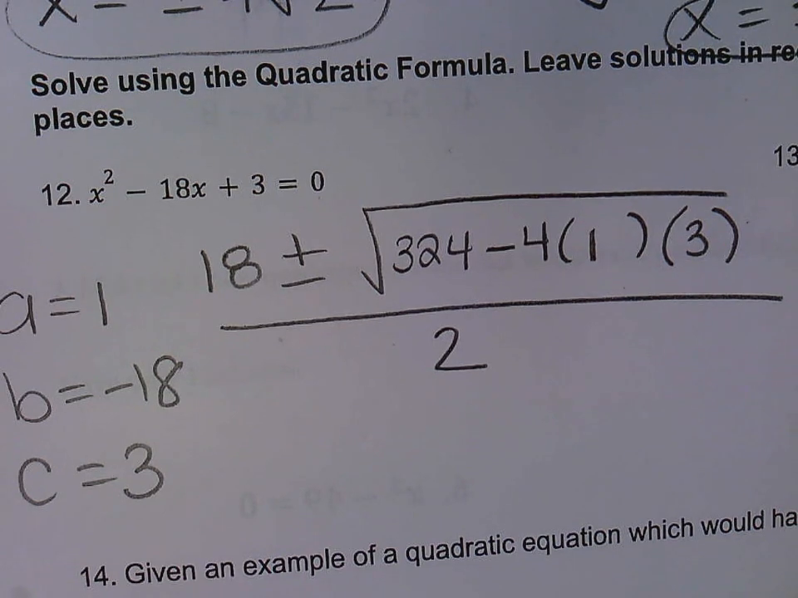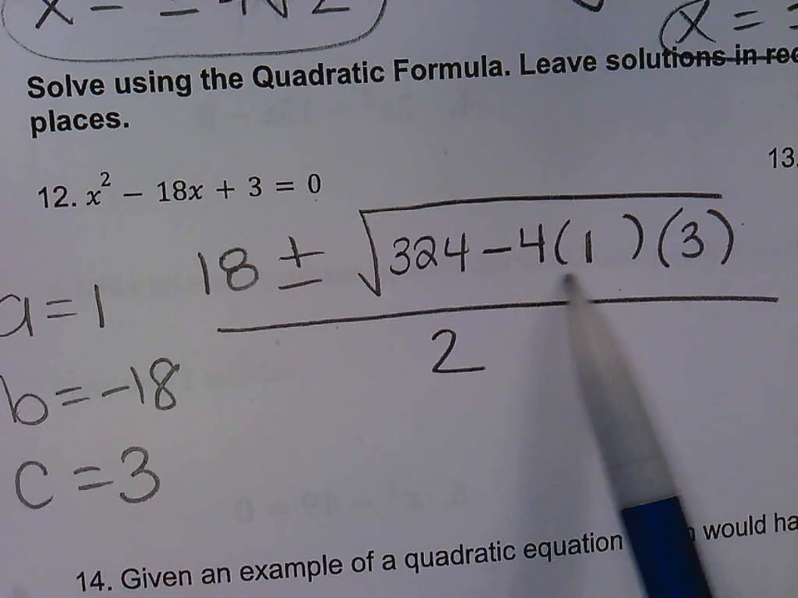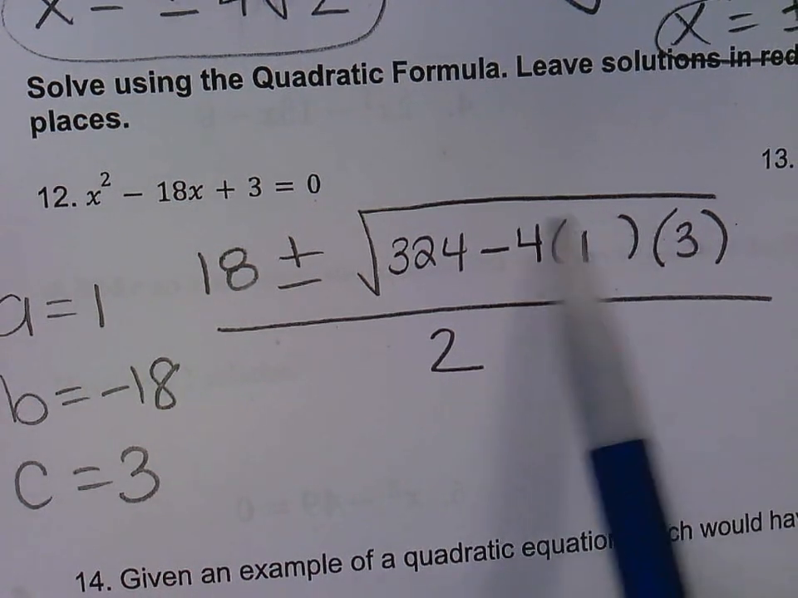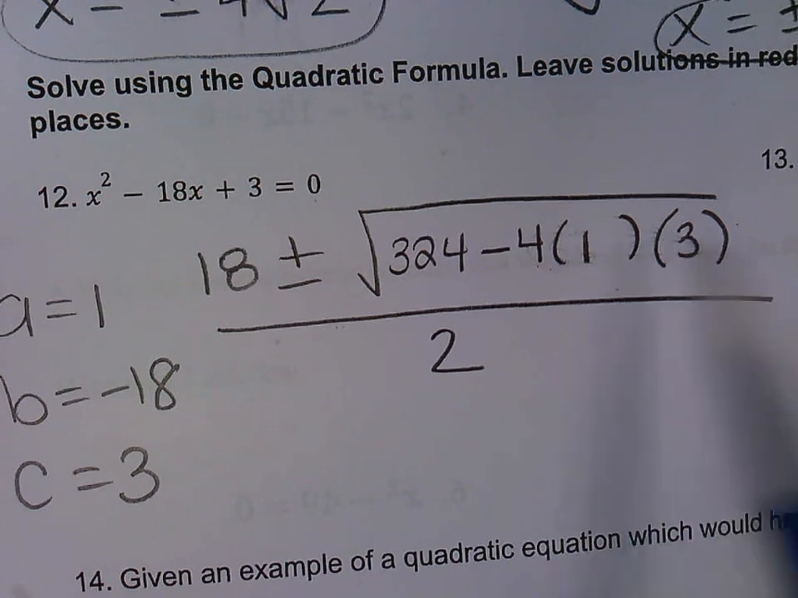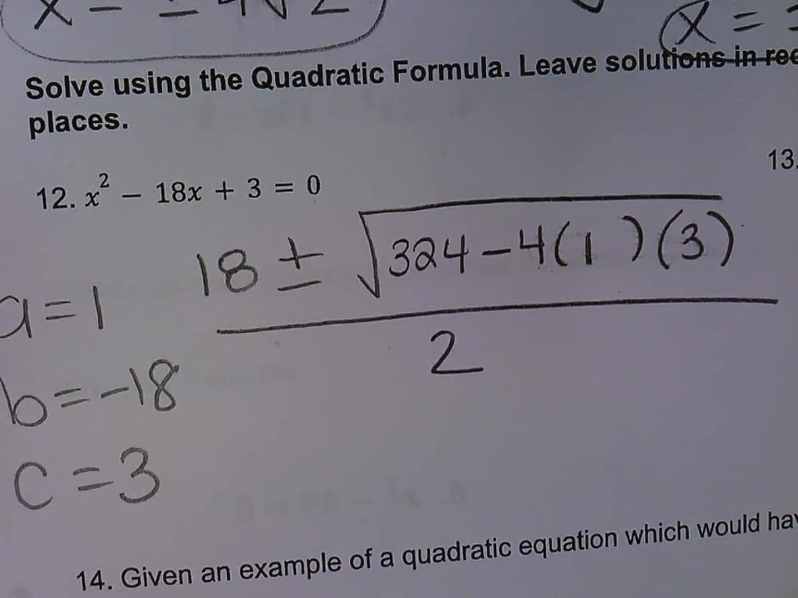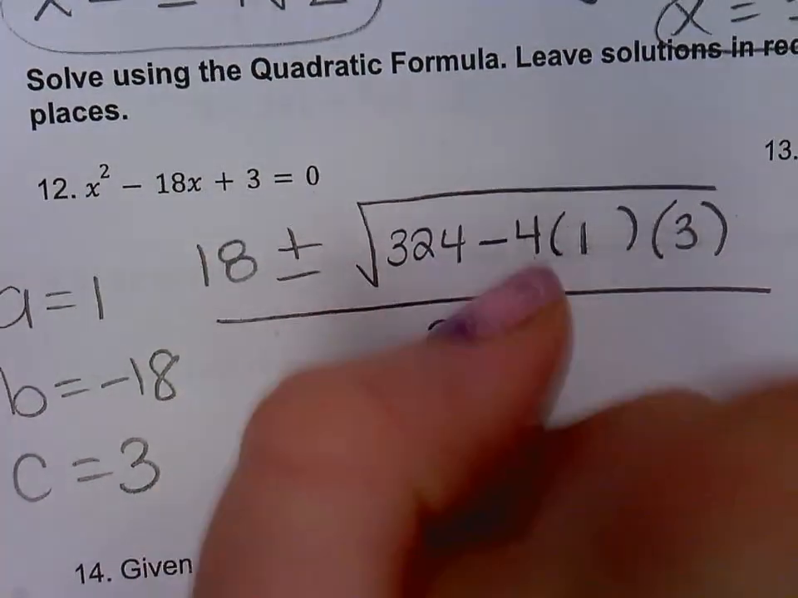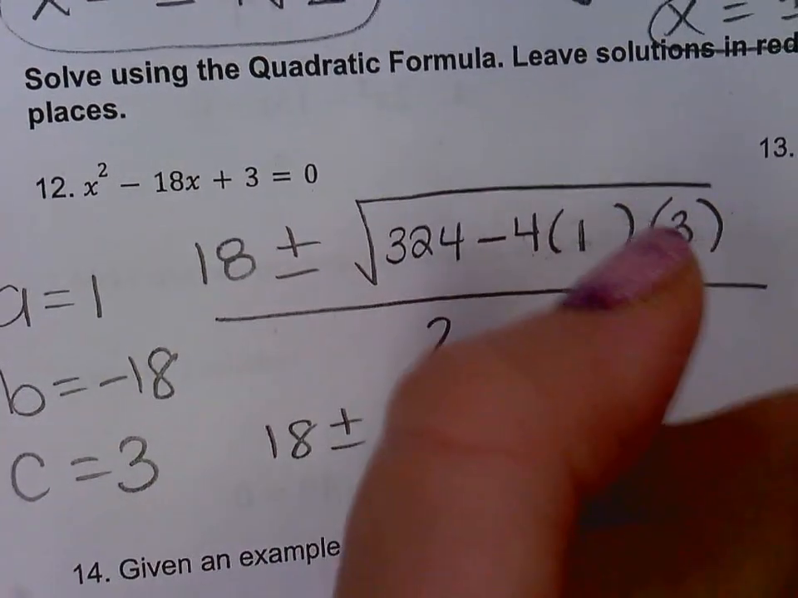Okay, who can simplify what's going on under that radical for me without using a calculator? 324 minus 4 times 1 times 3. 4 times 1 times 3 is an easy number. What number is that? 12. So I'm taking 324 and subtracting 12. So how much would I have? 324 minus 12 is 312. So I would have 18 plus or minus the square root of 312